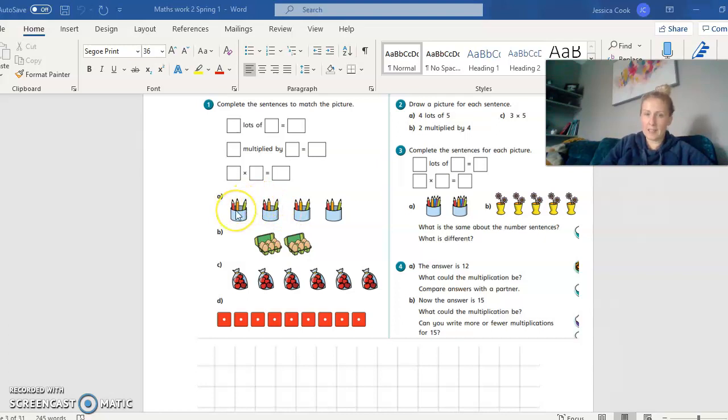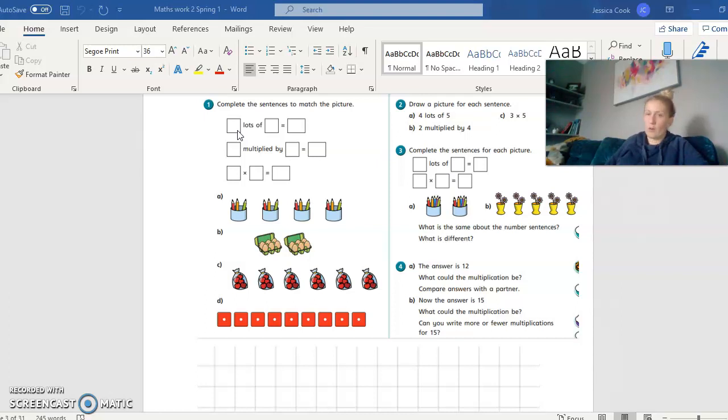So you had how many lots of, so that can also mean how many groups of. So we could say lots of or groups of. So how many lots did we have here? How many pots of pencils did we have? We've got 1, 2, 3, 4. So we would put a 4 here, wouldn't we? So I might write it on my whiteboard now. I've got 4